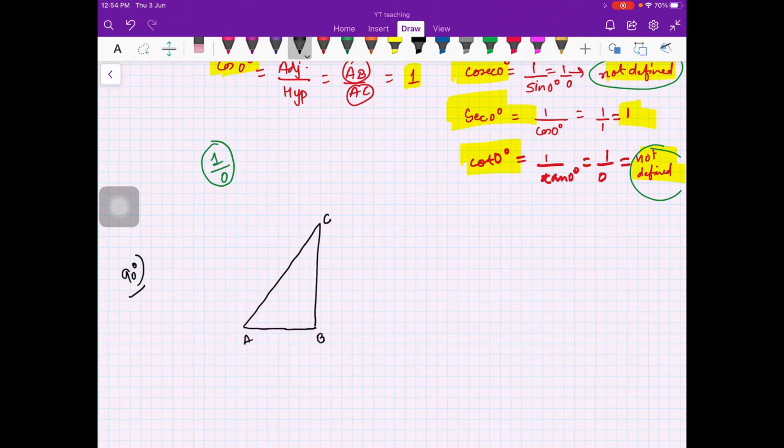Fine. Here is your angle, 90 degree. Now I want to enlarge this angle to 90 degree. So what will you do? If you move in this direction, the angle will get smaller. And if you move in this direction, you see the angle is becoming larger and larger. So inside we will move.